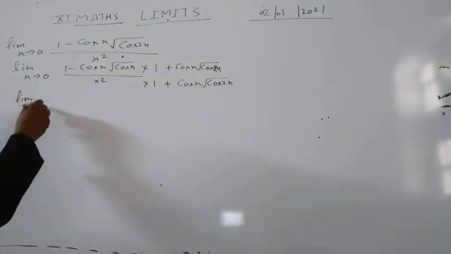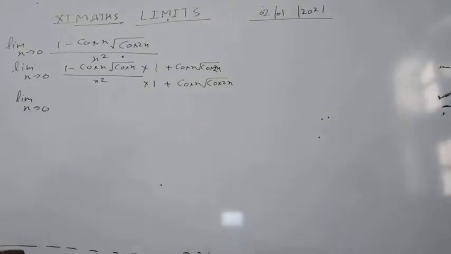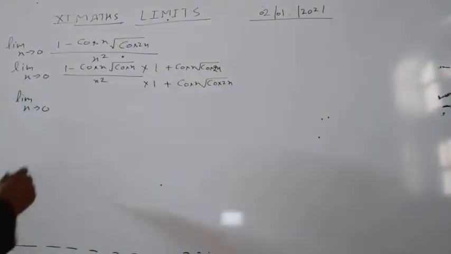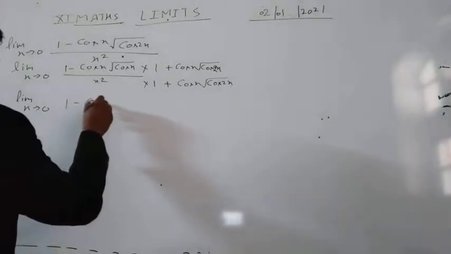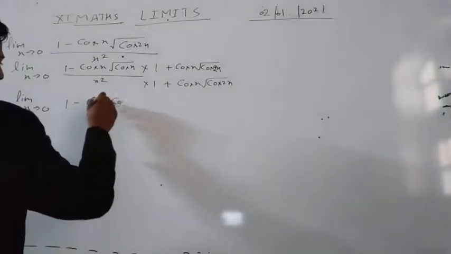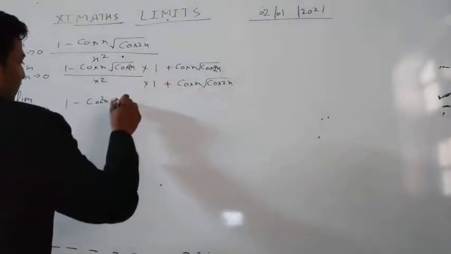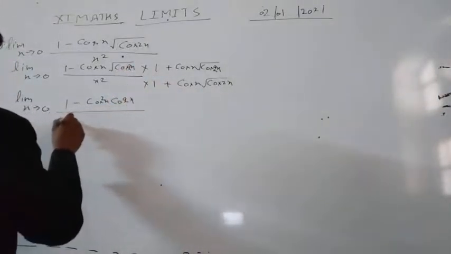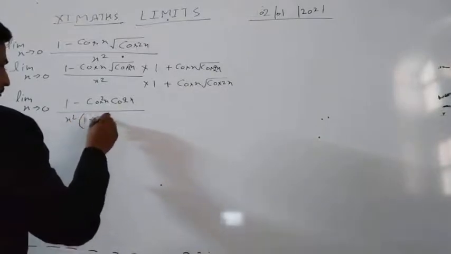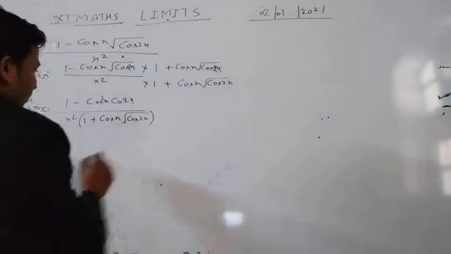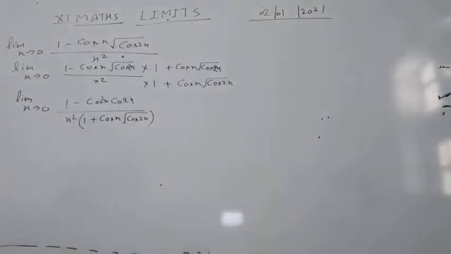Here we can use a square minus b square, so we can write 1 minus cos square x cos 2x by x square (1 plus cos x under root cos 2x). Okay student,